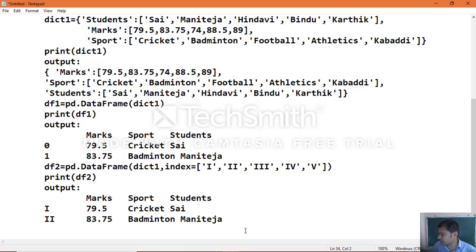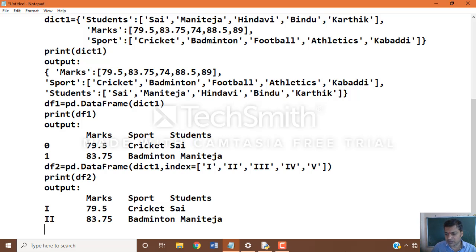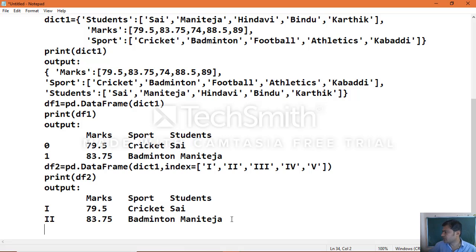Suppose if you specify access to the data values which we have, then you will get an error. So Python will take indexes from the index sequence, but the number of indexes given in the index sequence must match the length of the dictionary's values. The length of the dictionary values should match, otherwise Python will give you an error. So that is what you need to know when you want to execute with a data frame, and you must take care of it. Now we'll see the example which was given.